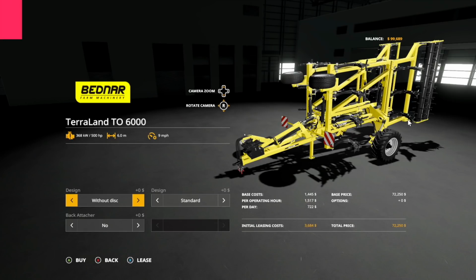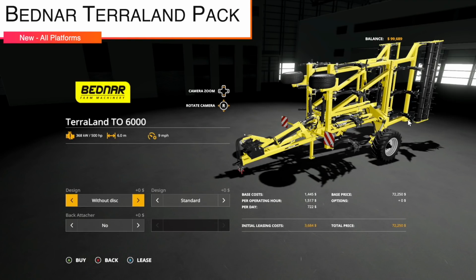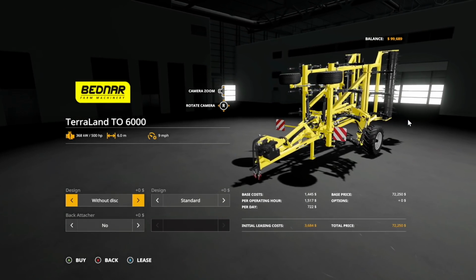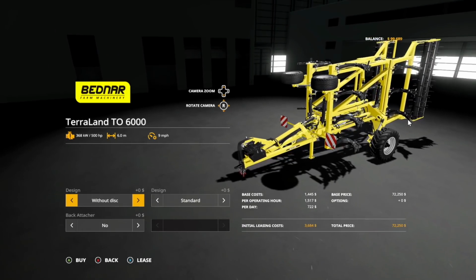I dig it, man. Next, we have the Bednar Terraland pack by Nico's Picks. This is going to include 3 different pieces of equipment. The Terraland TO6000HM that we have in front of us. We also have a fertilizer box and the Press Pack